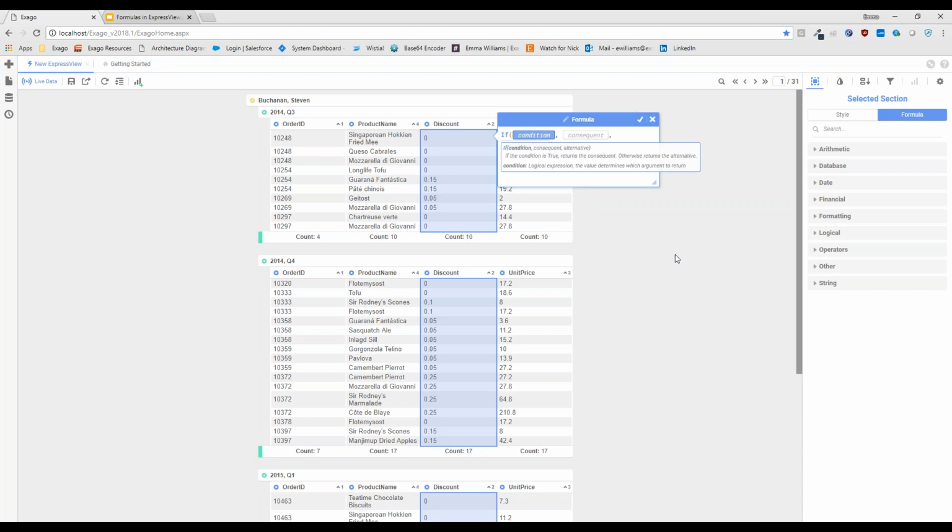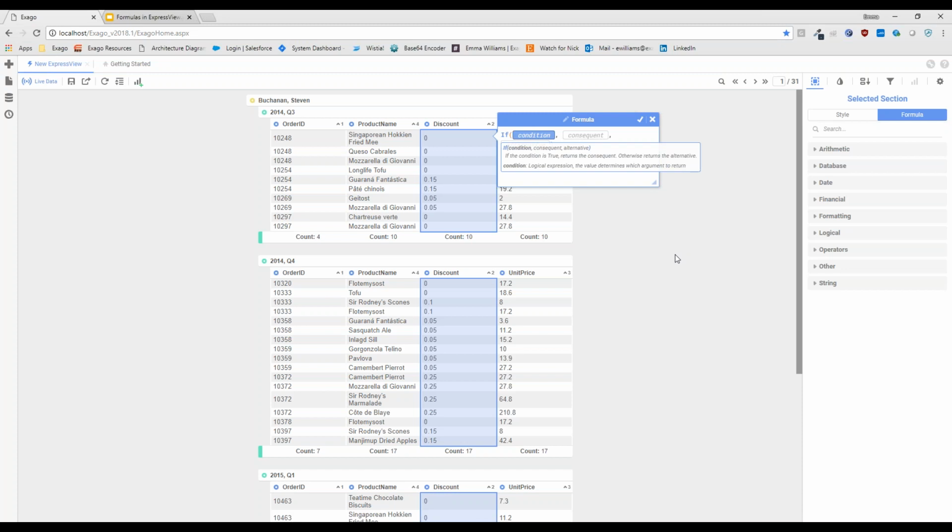Now the if function expects 3 arguments, the first of which is the condition. The most important thing to understand about the condition of an if function is that it must evaluate to true or false. This means it can't return a value other than yes or no. Is it true or is it not true?